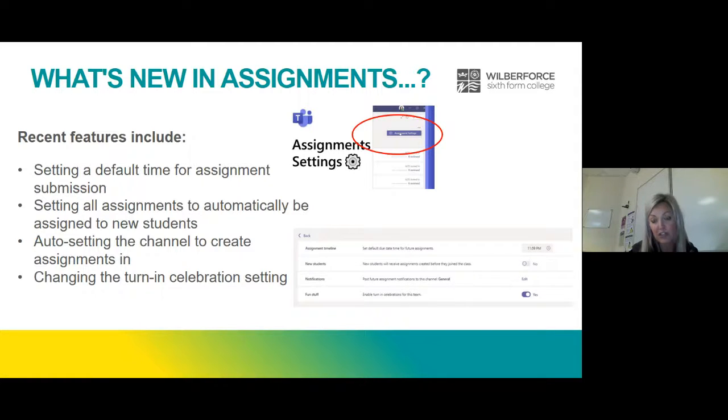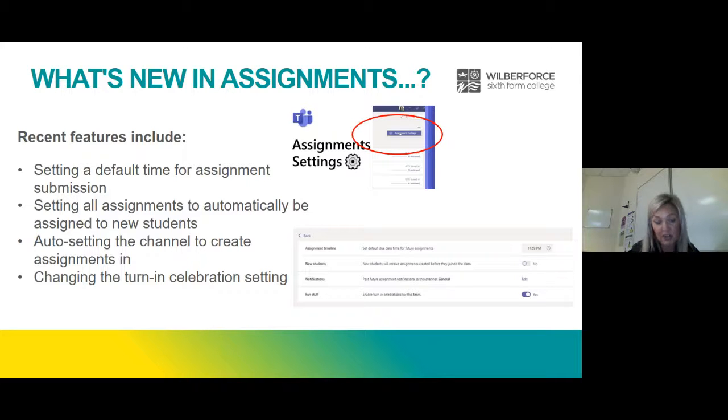Hopefully that's been rolled out and you'll be able to access those. The good thing about assignments, and really anything to do with Microsoft, is they are very responsive to feedback. If there is a feature that you think is lacking, you can get in touch with Microsoft, and if they get enough questions about that particular feature, they will try and create new features to keep the user happy.